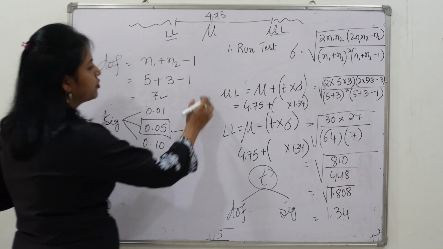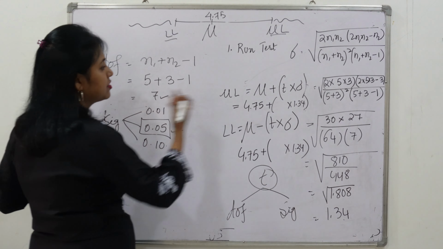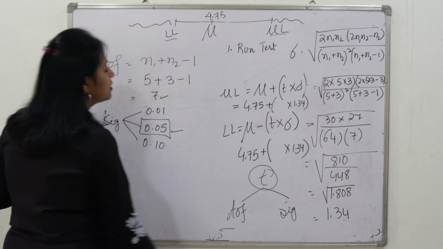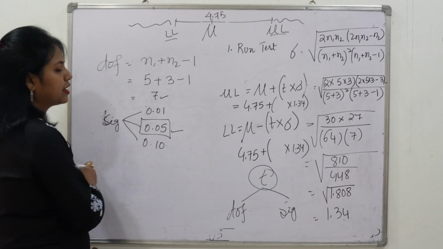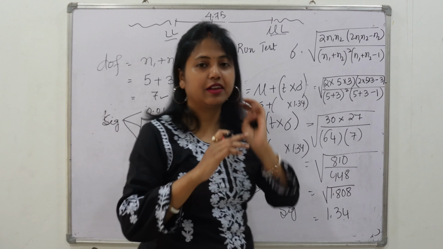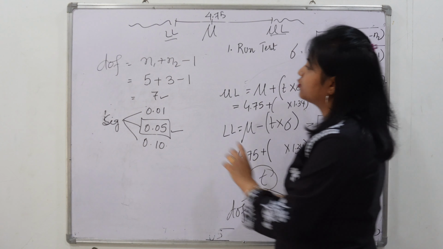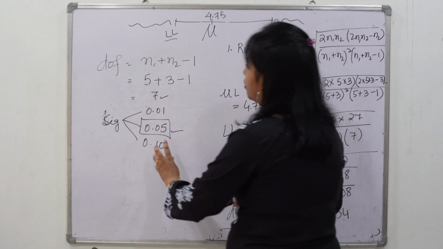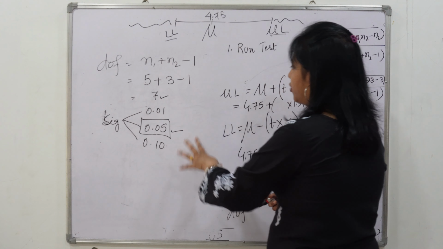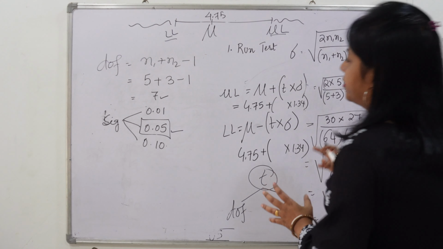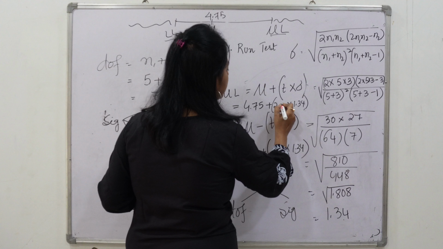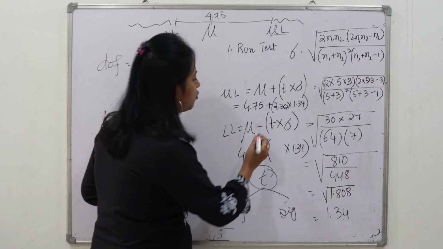I repeat again, we are trying to find out the upper limit and lower limit, which requires us to know the average runs, which we already calculated. We want to know the standard deviation, we calculated. Now we want to know the t value, and the t value will come from the t table. For the t table we have to refer to a book, and in any finance book at the last you will get the t table, and you have to check for 7 degrees of freedom and for significance level of 0.05, what is the value of t. Let's find out. I referred the table and the value comes to 2.367. Please check yourself, there could be some mistake as well.